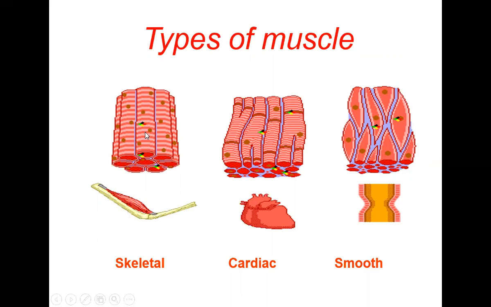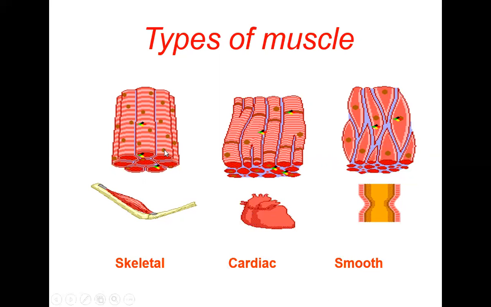Their features also differ in their structure. They differ from each other not only in the function but also in structure. So whichever muscle is attached to the bone, it is called a skeletal muscle. It is attached to the skeleton, so it is skeletal muscle. The second type is a special muscle, which is in the heart wall, that is called cardiac muscle. A very special type of muscle, only seen in the heart. That is called cardiac muscle. Then the third type of muscle is, as I said, in the stomach and intestine, which is not under our control. This is called the smooth muscle.